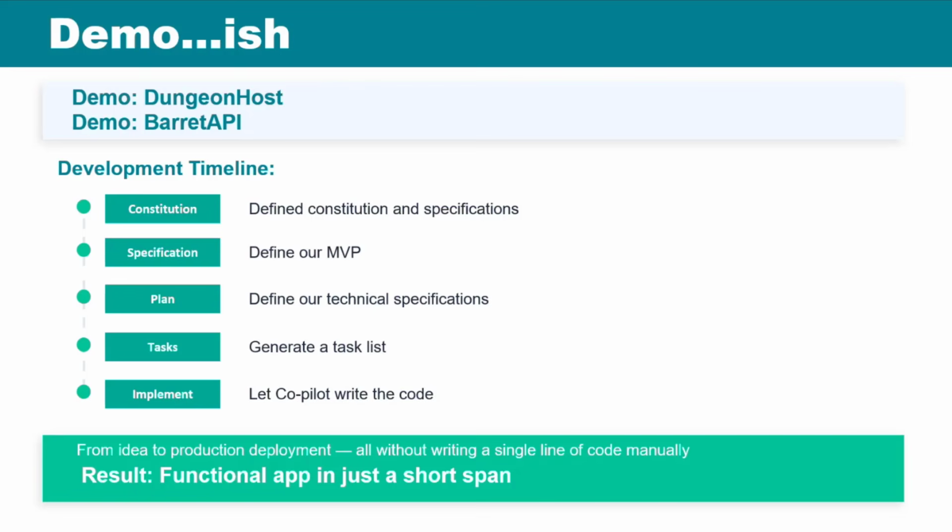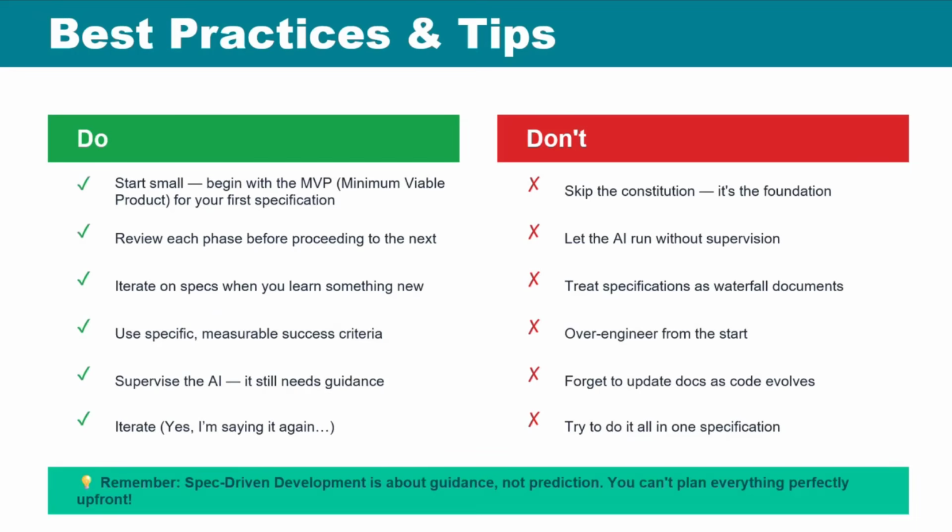Just one last slide that I wanted to go through real fast here. As far as best practices, the biggest thing is to keep your iterations small, and make sure that you're keeping an eye on what the AI is doing. And it still needs guidance. It's AI. It'll go off the rails if you let it. So you need to make sure that you're working with it. You're keeping things small and focused on specific small tasks. Keep it small and iterate.